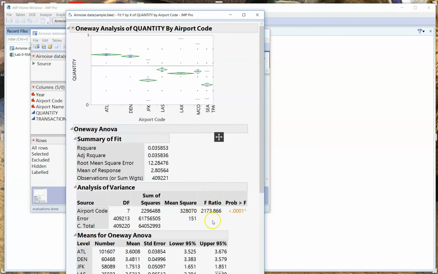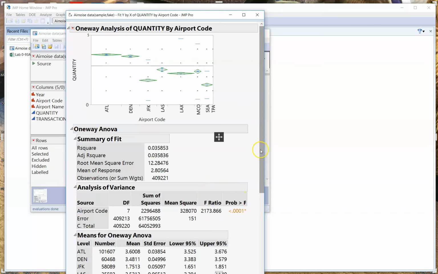And we will see that the overall p-value is less than 0.05. So if p is small, reject is the call. So what is the null hypothesis here that we're rejecting? It is that all of these means cannot be distinguished from each other. The alternative hypothesis is that at least one of these means is different than all the rest of them. And the question is now, since this says that yes, indeed, one or more can be distinguished,